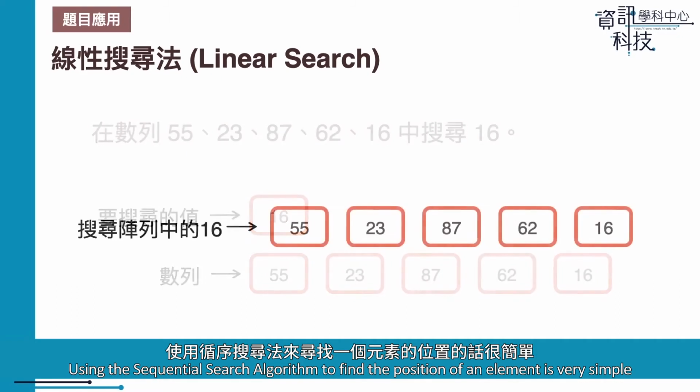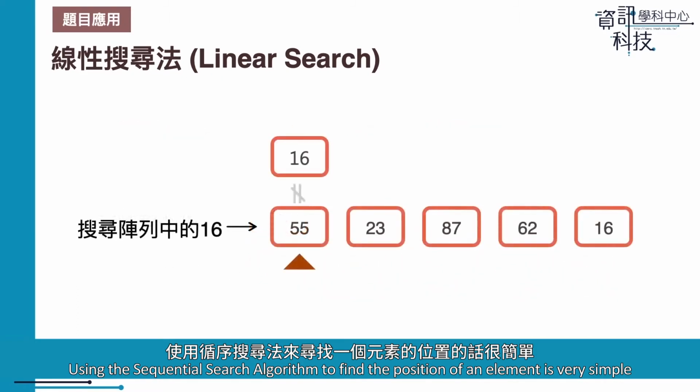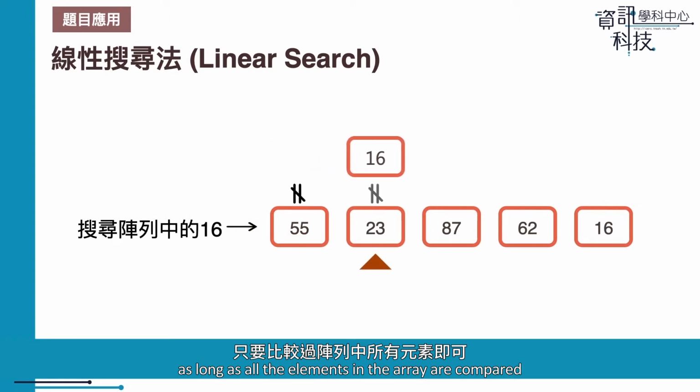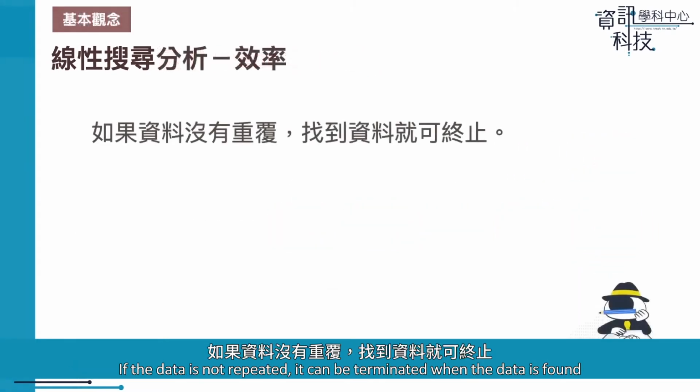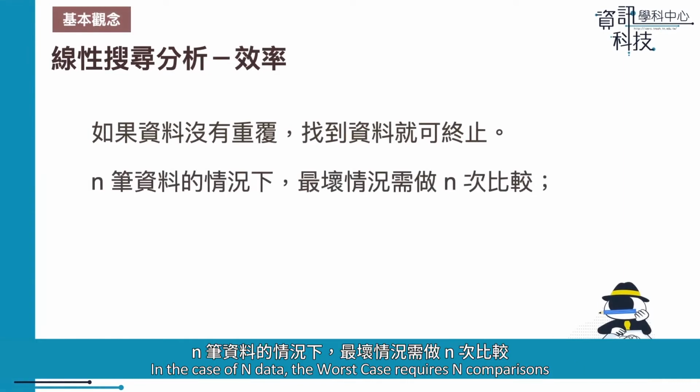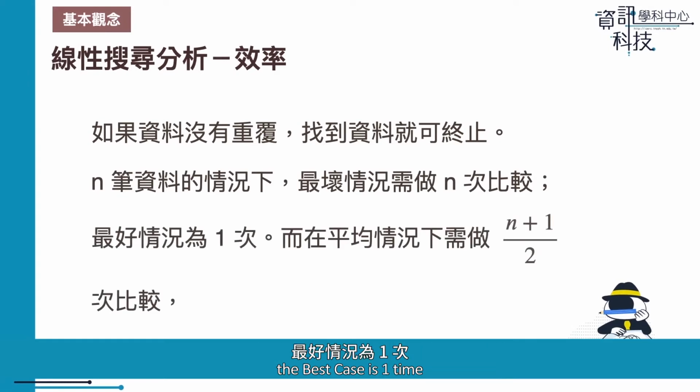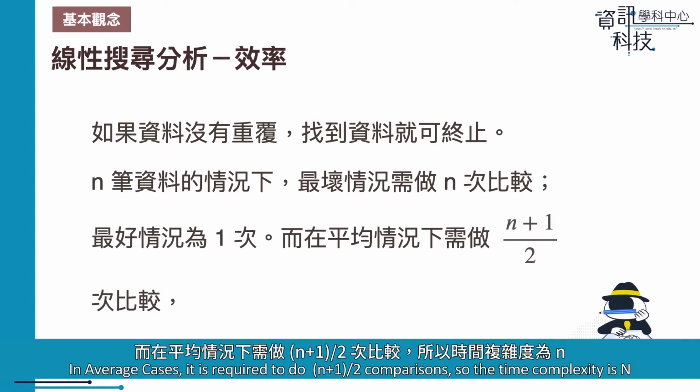Using the sequential search algorithm to find the position of an element is very simple, as long as all the elements in the array are compared. Therefore, if there are n elements in the array, it will need to compare n times at most. If the data is not repeated, it can be terminated when the data is found. In the case of n data, the worst case requires n comparisons. The best case is 1 time. In average cases, it is required to do (n+1)/2 comparisons, so the time complexity is